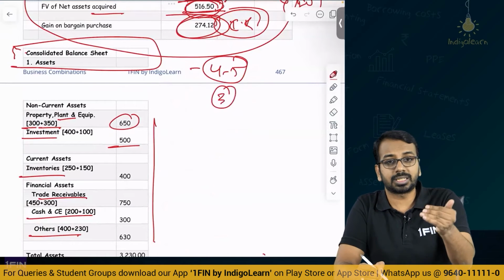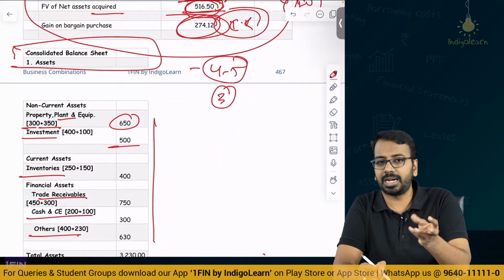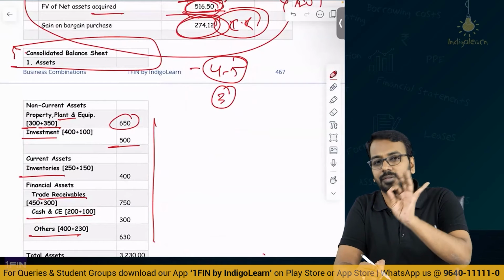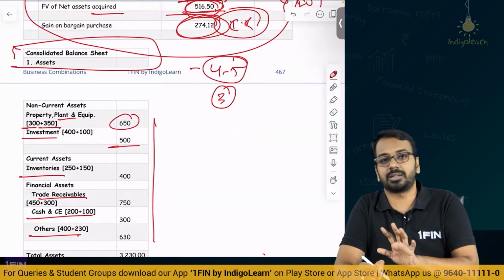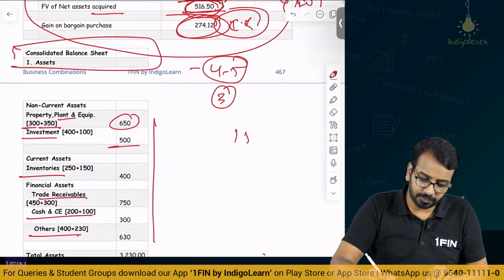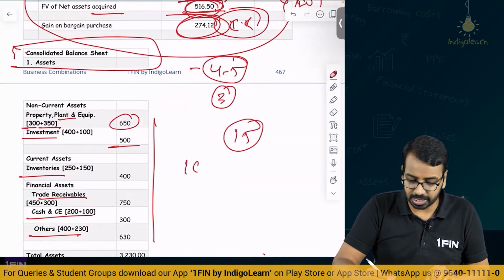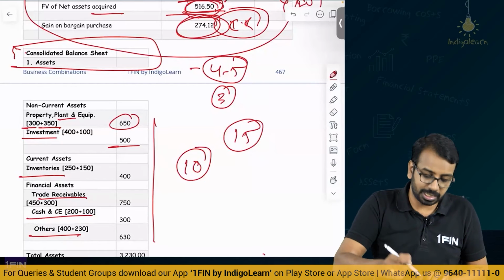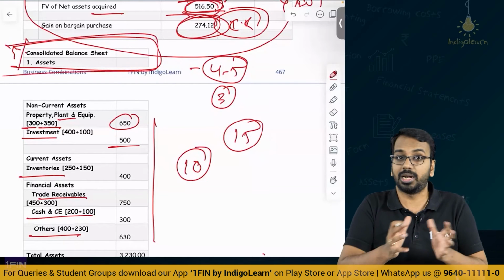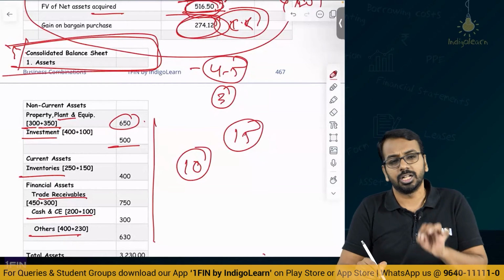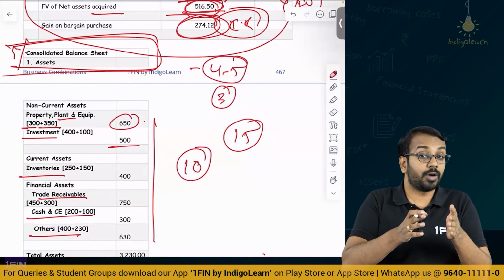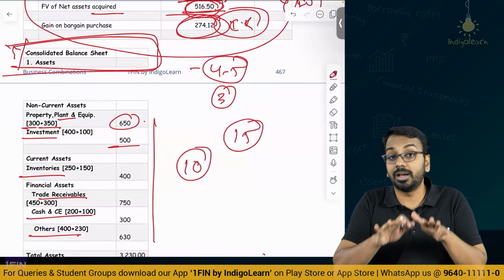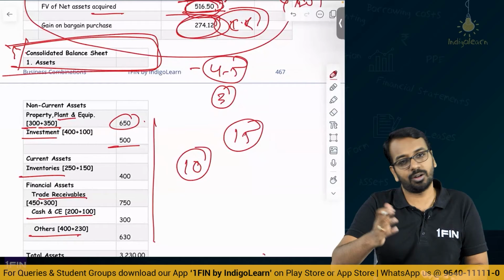Then purchase consideration, if you do it correctly or half correctly, 1 or 2 marks you will get there. Then notes to accounts you will get 2 to 3 marks, right? Calculation of NCI you will get some marks, calculation of goodwill you will get some marks. So here and there put together, if it's a 15 marks question, even if you make a couple of mistakes, 10 marks should be in your pocket. So don't be scared. Even if you don't do anything else, if you add the consolidated balance sheets, and these numbers are partly correct, you will get marks for that. If you find it really difficult, you can do it towards the end, but don't ignore or avoid this particular topic, 103 and also 110.